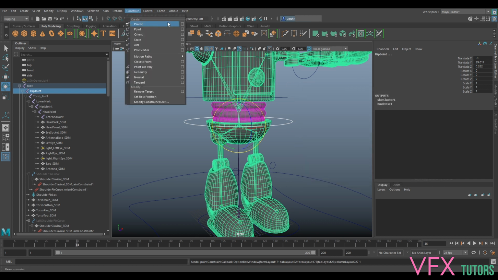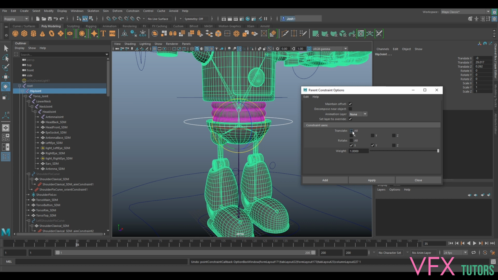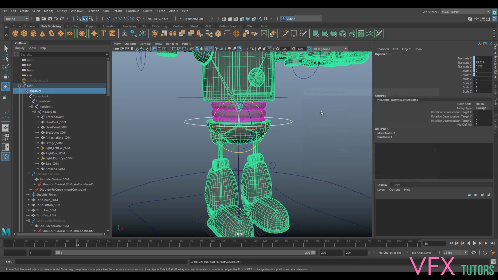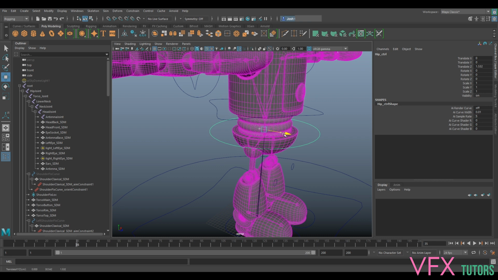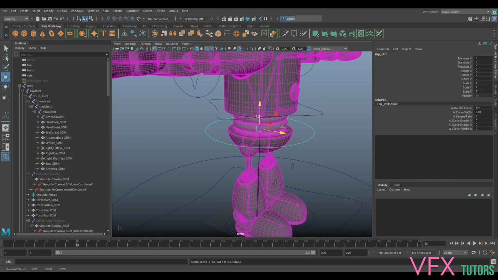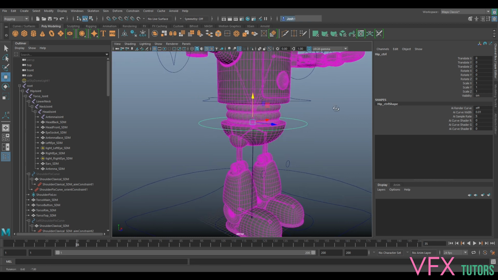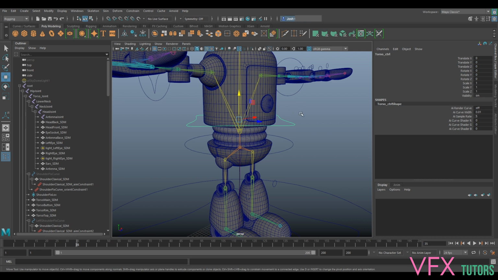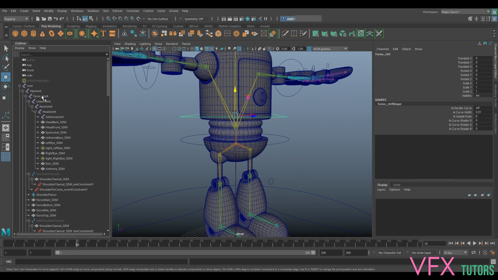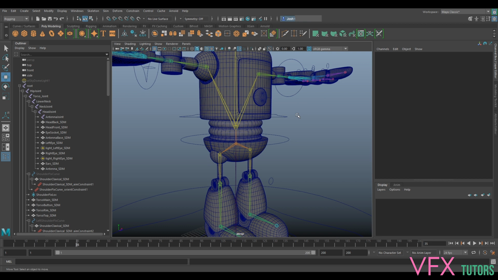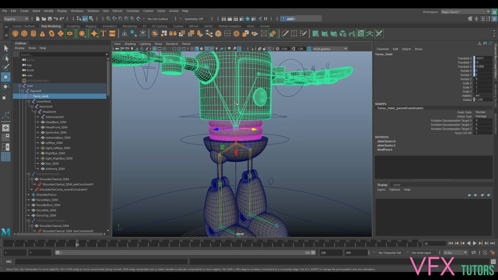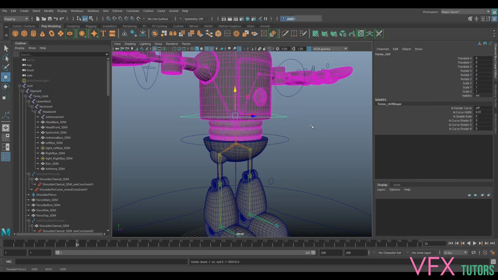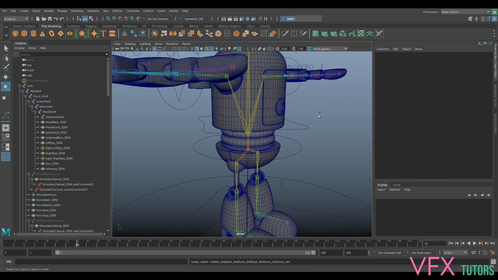And let's try a solid parent. Translations apply. Not sure if this is what we want to do, but it might mean that we can move these independently. Let's just try that with this. Oh, what's going on there? That should have